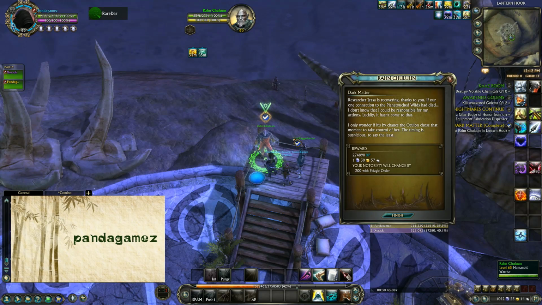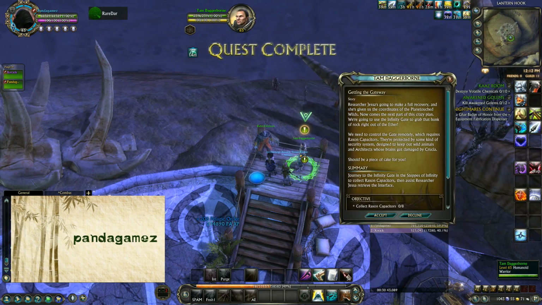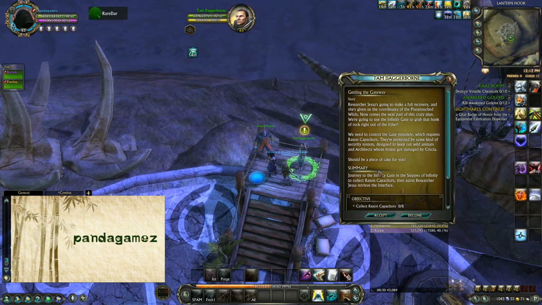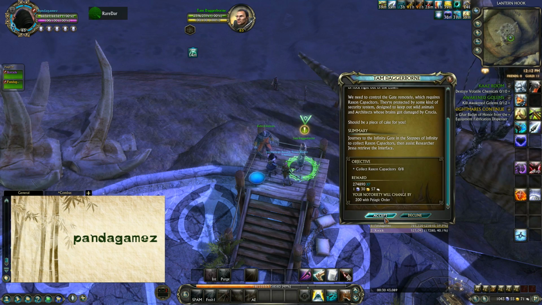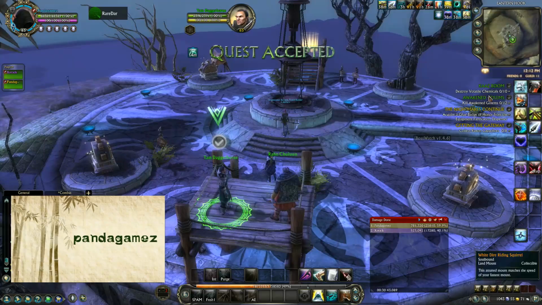And then we'll talk to Rahn again, and we will turn in Dark Matter. Tam yet again will offer us another quest. This one is Getting the Getaway. And we'll have to go collect Raxon Captivators. For this quest, we will need to...